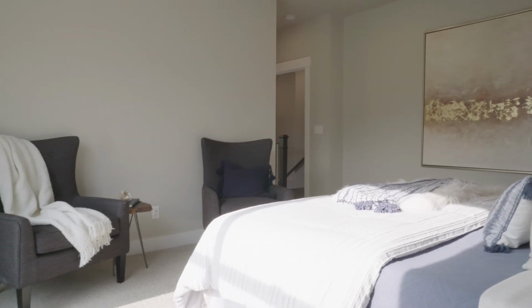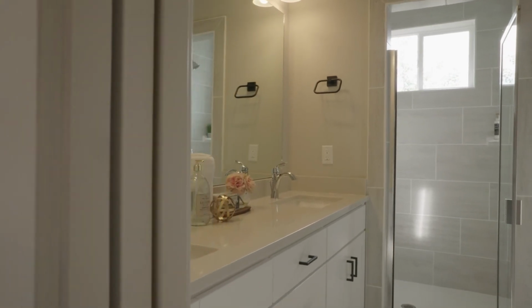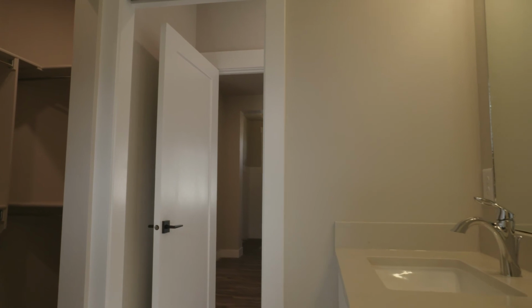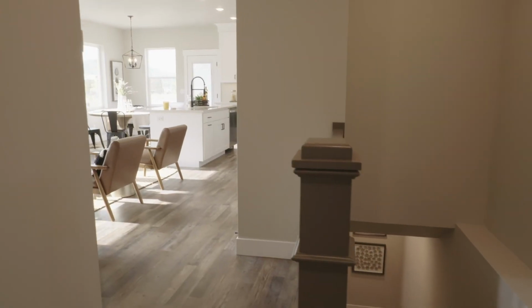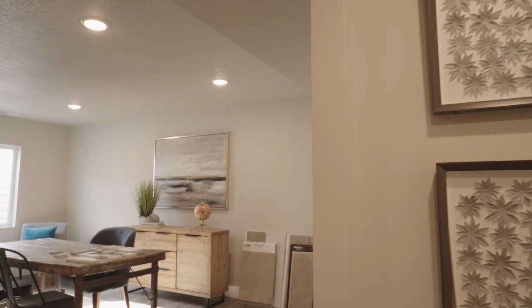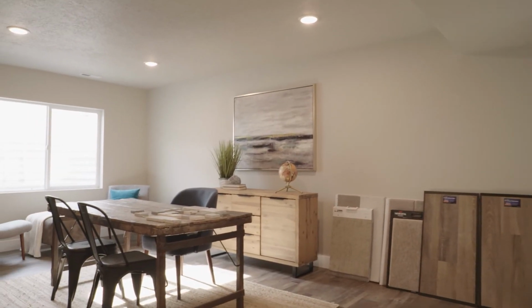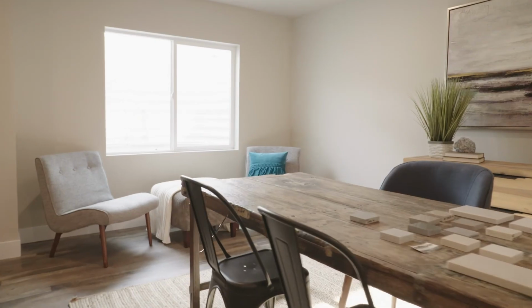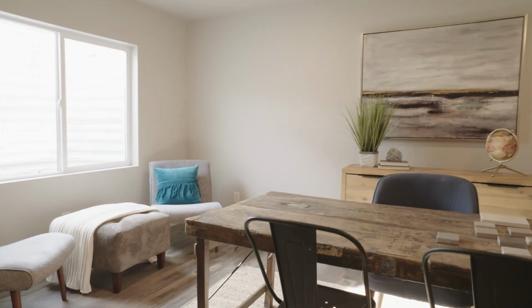Yeah, and they've got these nice big windows and views out there, lots of mountains and everything around there, but it's still very close to Park City. And so this is considered a really good value because it's not far away. Oh yeah, it's only 10 minutes to Park City and to the ski slopes, even closer to Deer Valley, 15 minutes to Heber or Midway, and you're only 10 minutes to I-80